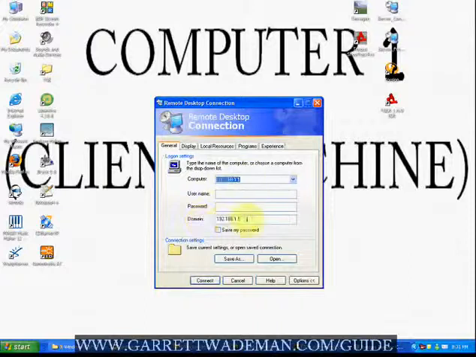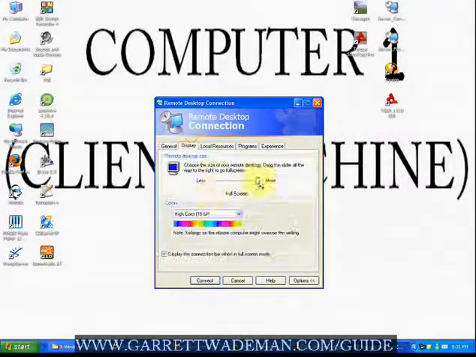So both of these should be matching. Also, before you go to connect, just make sure some of the settings are corrected. For your display, you can make your display come up at a lower quality to give you more speed, or you could set this for more quality rather than speed. So really, these settings are going to allow